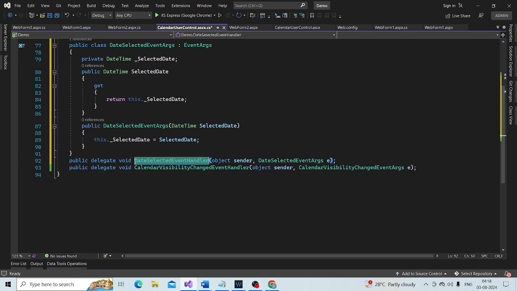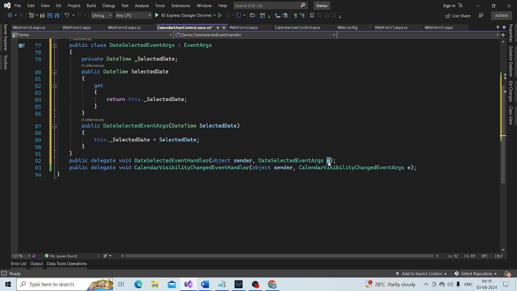This delegate will then hand over this object to the event handler method, and the event handler method can retrieve the date selected property from this object and use it the way they want.